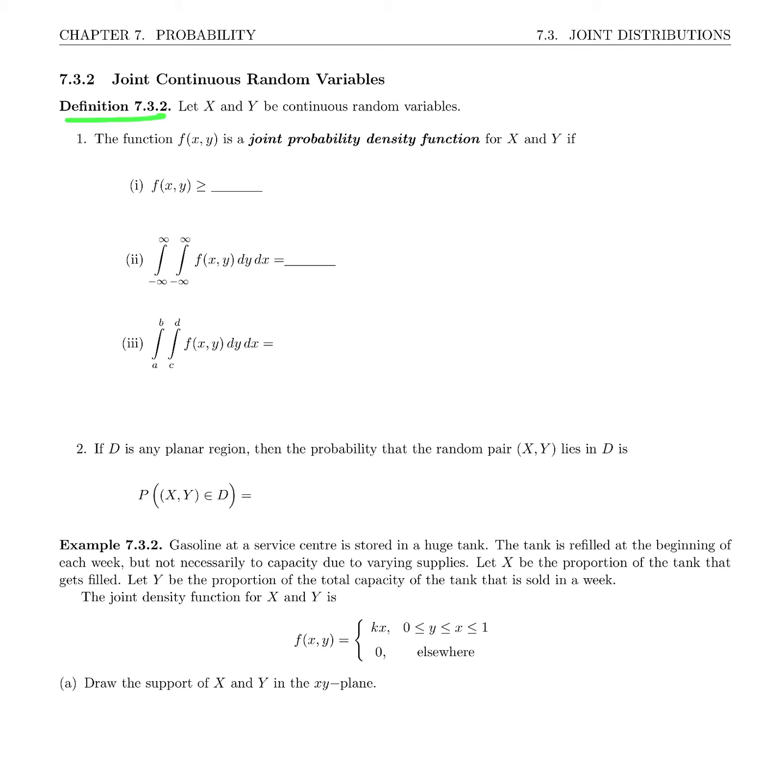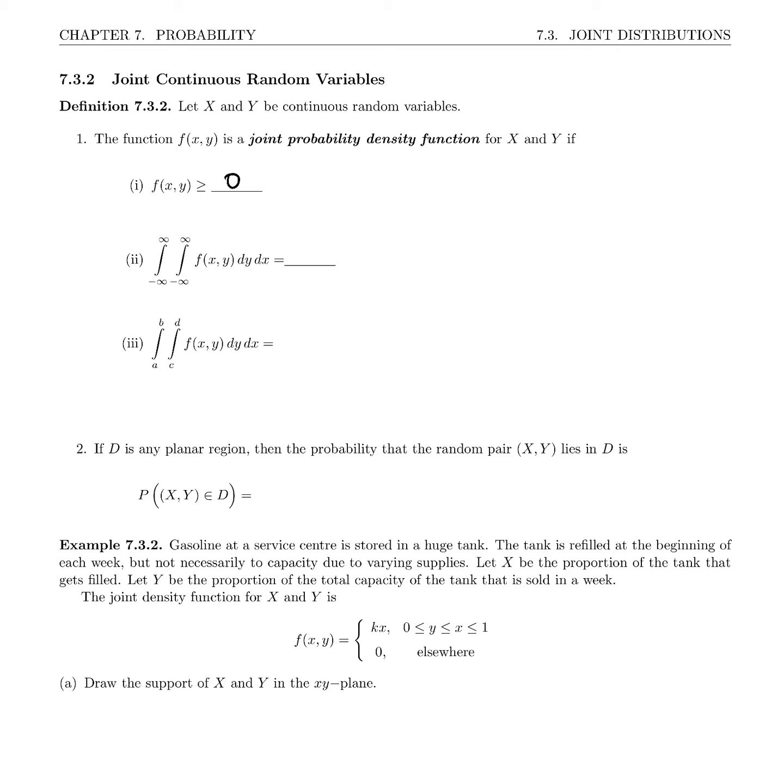We're going to do definition 7.3.2 about joint continuous random variables. So let X and Y be continuous random variables. Then the function f of x, y is a joint probability density function. In the last video we were talking about mass functions for discrete. So joint probability density function for X and Y if f of x, y is always non-negative,